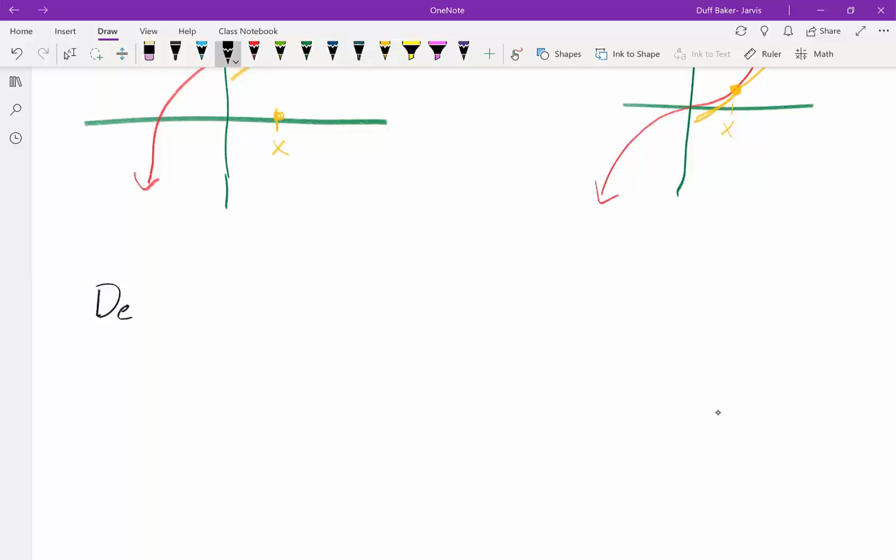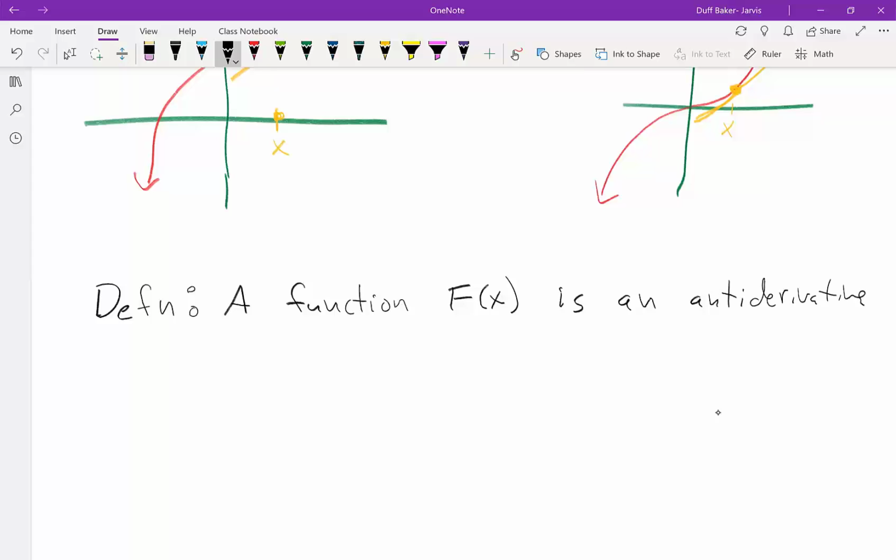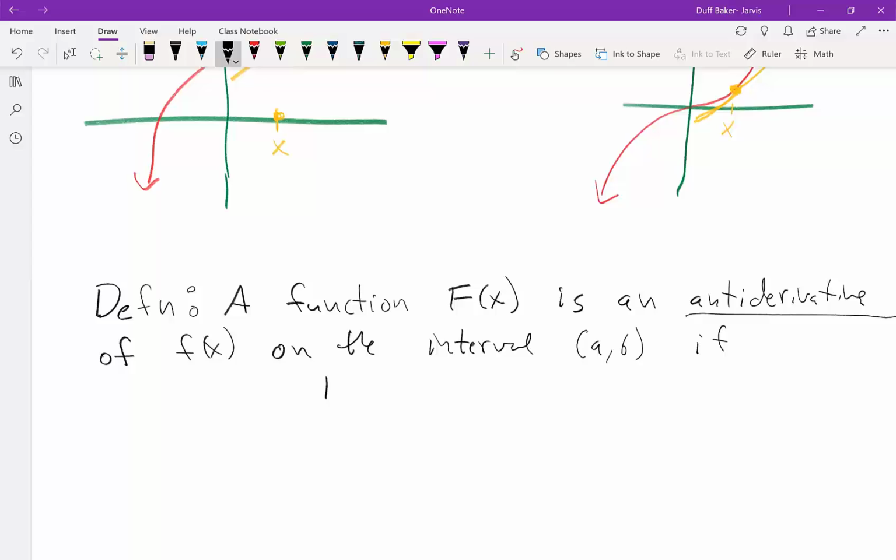So this is the definition we're working with today: we say a function capital F of x is an antiderivative of little f, so lowercase f, on the interval a to b if, so what you have to check is, when you take the derivative, you get back